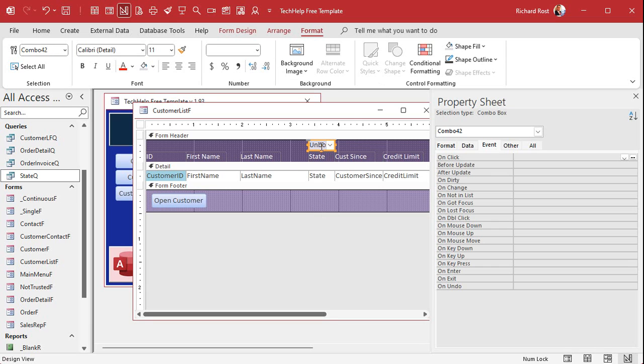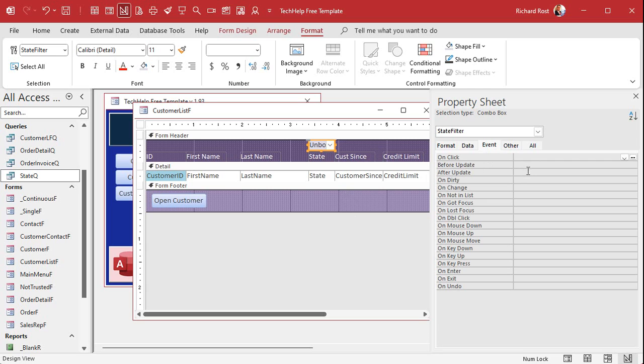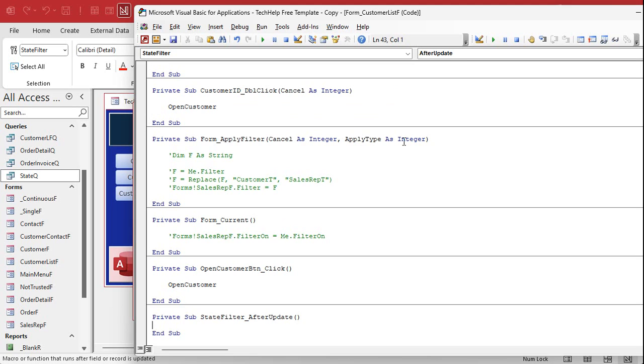Okay, open her up. We're going to change the name to state combo. Or let's call it state filter. I usually call stuff combo unless it's a filter box. State filter. Okay. So what we're going to do in your after update event, after this guy gets updated, all right,